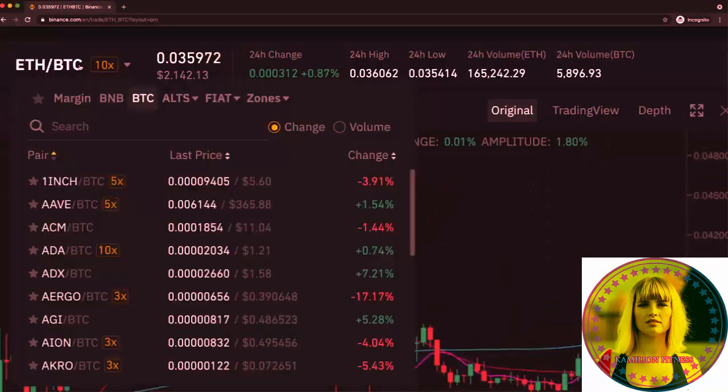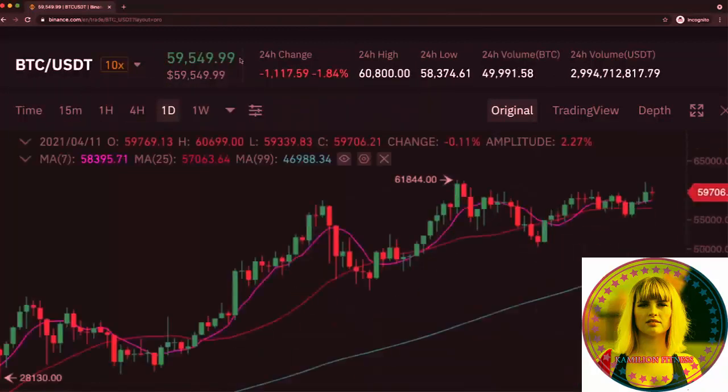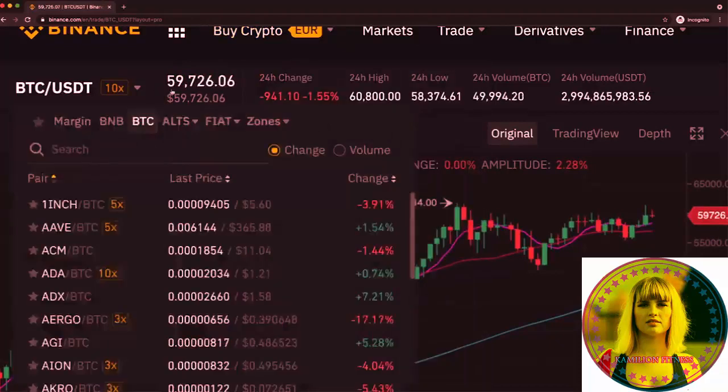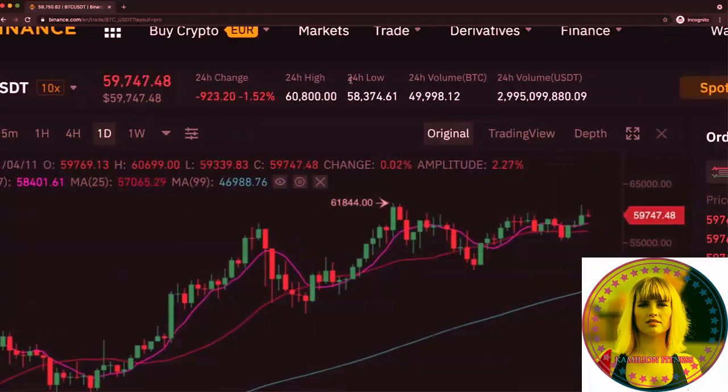And if you are asking yourself what this 10x means next to the currency pair, it just means that you could trade this currency pair with margin trading, so with leverage, which is something I wouldn't recommend, especially for beginners. But let's actually change this back to BTC versus US dollar Tether, just so we can see the Bitcoin price in US dollars. Here on the right side of the currency pair, you can always see the price that it is currently trading at. Then you can see the 24-hour change. So in the last 24 hours, Bitcoin has lost 1.5% in value versus the US dollar,